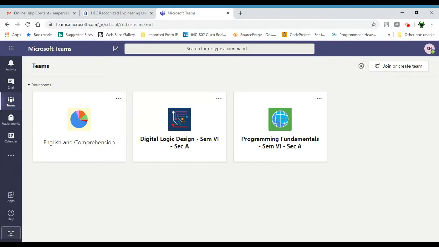In this video, we'll be looking into the interface of Microsoft Teams, and we've started exactly where we left off